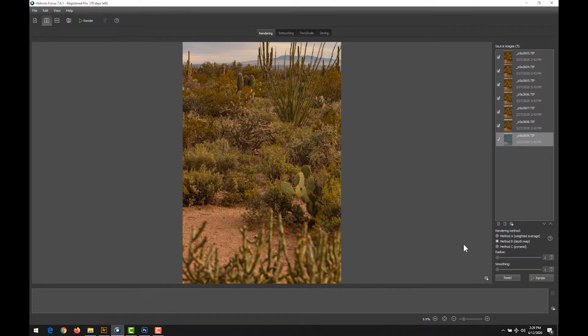As I was processing these saguaro photographs, I've kind of decided that method C tended to be a little bit better as far as getting good focus stacking. And then the smoothing I set to a very small number again to try to retain the detail of the thorns on the cacti. So at this point I've got all 7 images selected. I click on render,